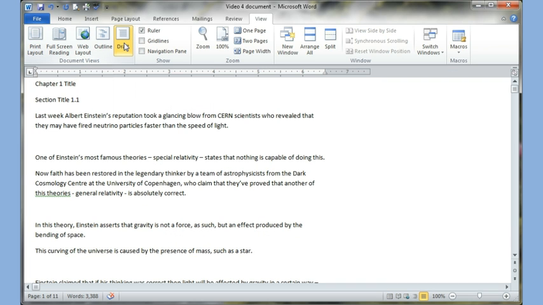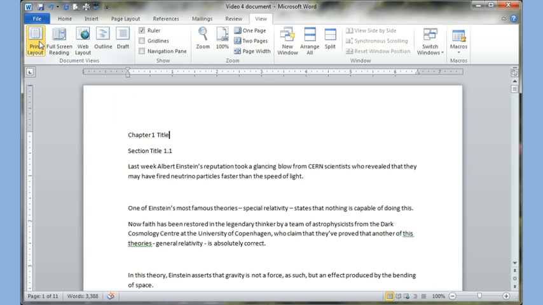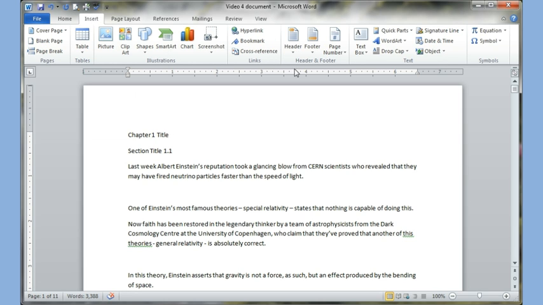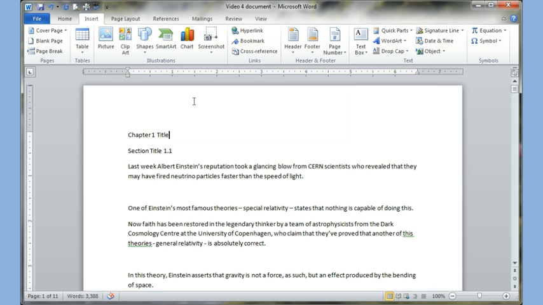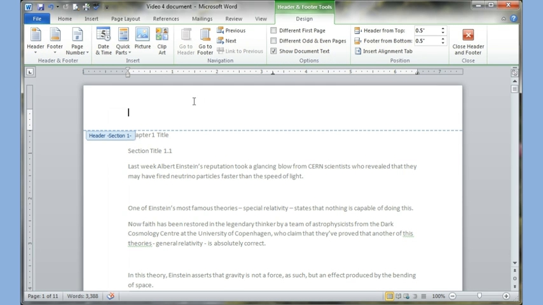Now you see in the draft view, I don't see my headers. So even if you have the headers, you will not see them. They will still be printed, but in the draft mode, you just don't see them. So you can always come to the print layout view. So now you see your margins, your left margins, your top margins, and your right margins. Now I can either double click on the top, or I can go to Insert, Headers. It's up to you. I'm just going to double click here, and it comes up,